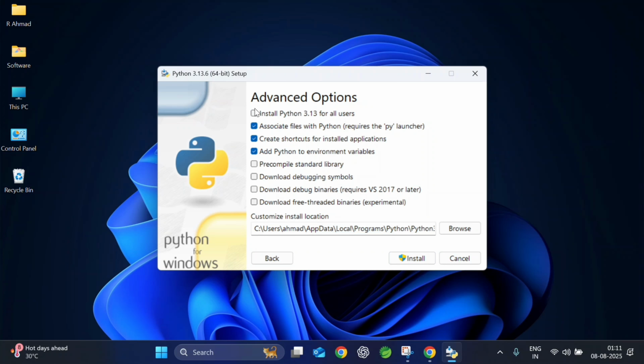Advanced options, check this box, install Python 3.13 for all users. Check this box, and here you can see the current directory is C Program Files Python313. So click on install,